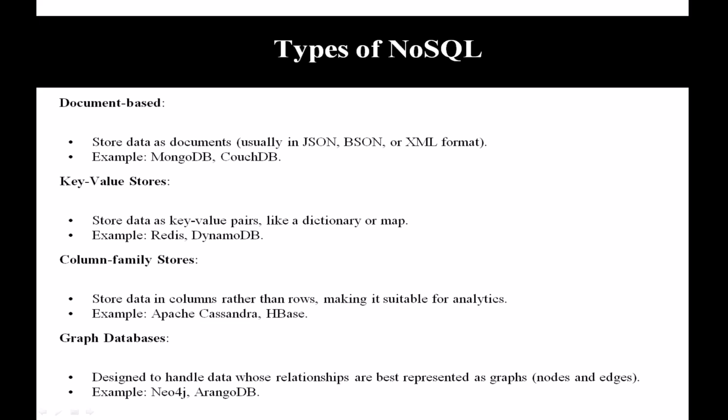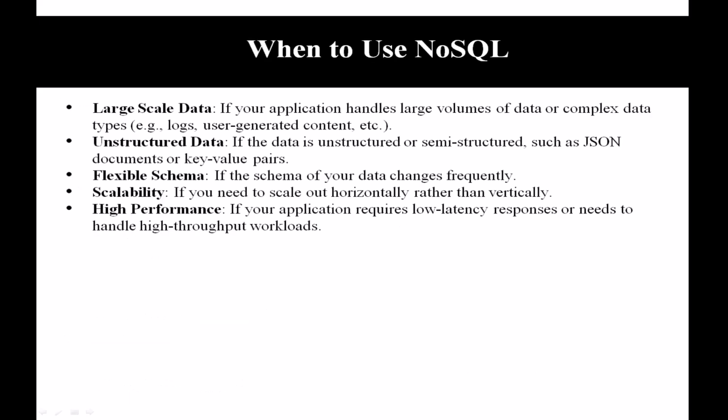Next, graph databases. They are designed to handle data whose relationships are best represented as graphs, with nodes and edges. Examples are Neo4j and ArangoDB. These are the graph-based databases. When to use NoSQL? Large scale data. Basically, if you have huge databases, your application should handle large volumes